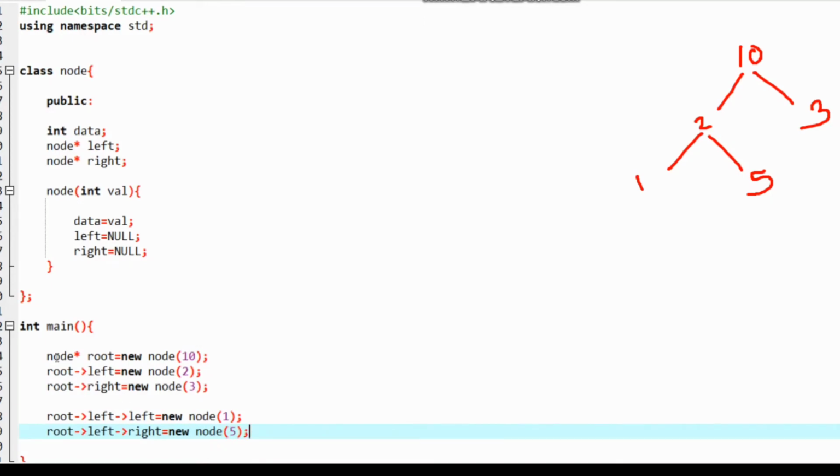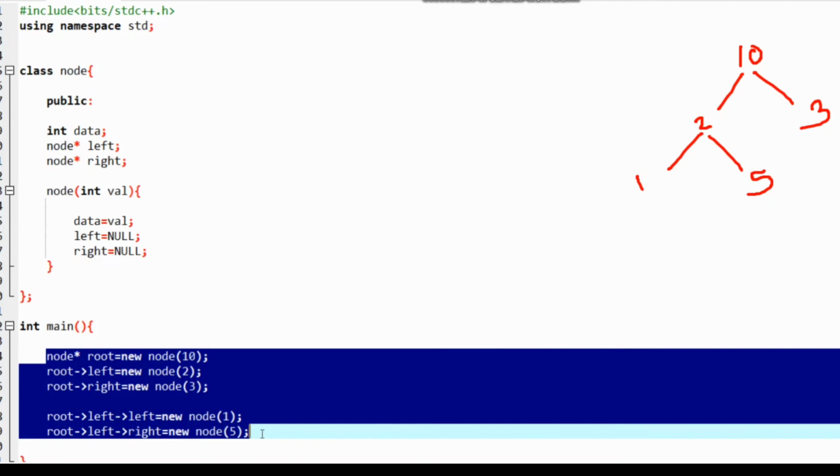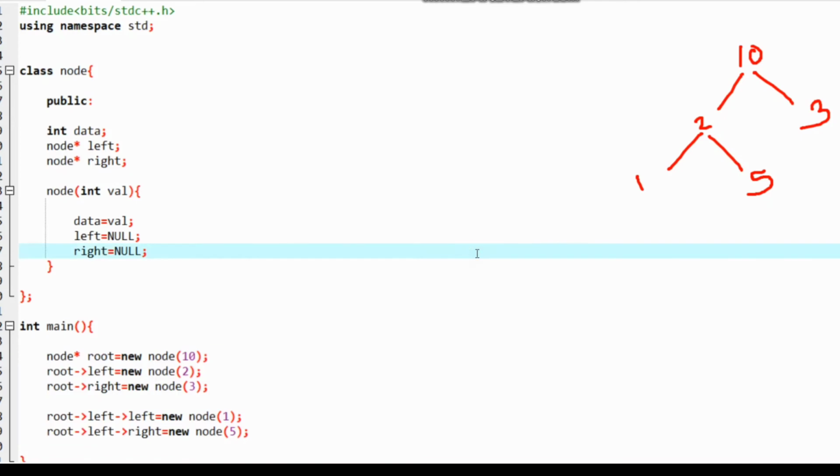Using this we can create the binary tree having root value 10 and the other values 2, 3, 1, 5.